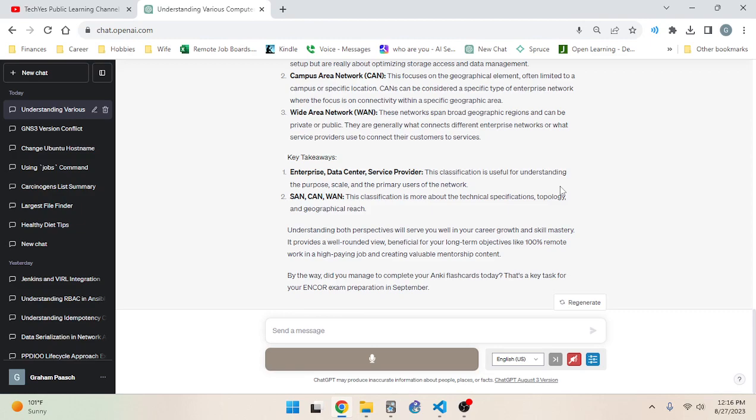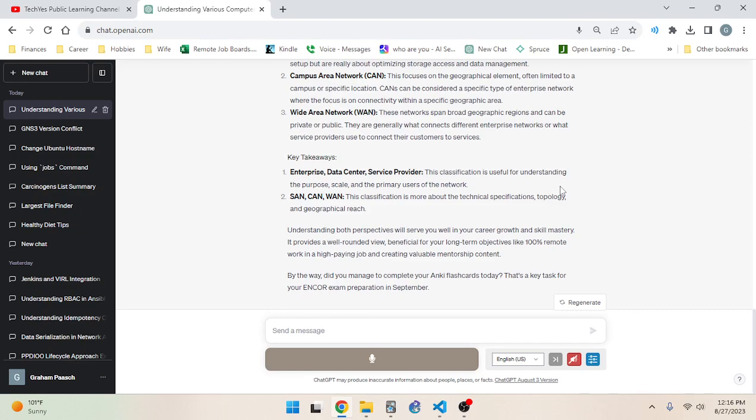So, the purpose of a WAN could be to connect your enterprise networks together. It could be to connect your head ends together for your service provider. It could be to connect your data center to your enterprise. So a WAN is not necessarily useful for understanding the purpose, scale, and primary users.